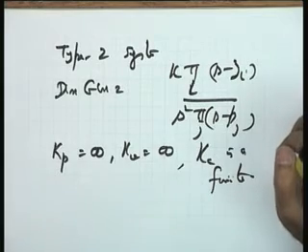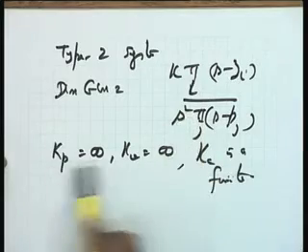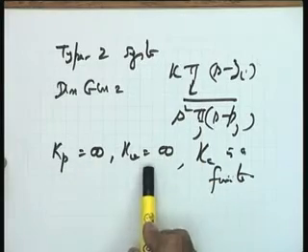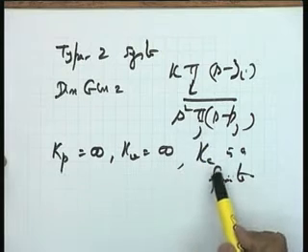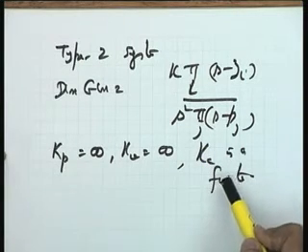A good system from the point of view of steady state accuracy, but you please note that the price is being heavily paid, and the price is in terms of stability requirements. Two integrators in the forward path are going to create problems for you as far as stability design is concerned. Okay? So the situation is not that rosy. That is why we have to strike a compromise, a trade off between the accuracy and stability. But this I see, a type 2 system will have 0 steady state error to both step and ramp, and a finite steady state error to acceleration inputs.